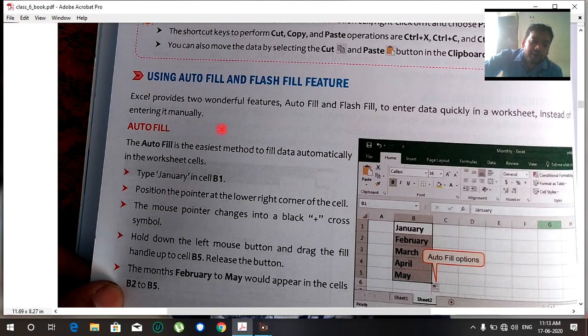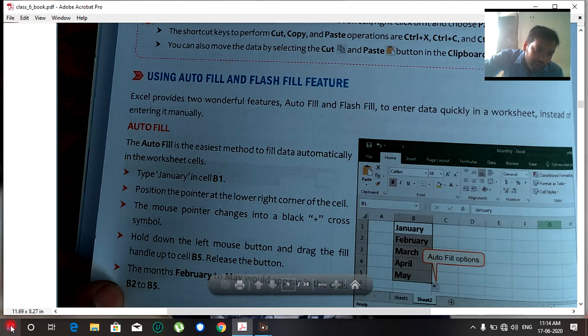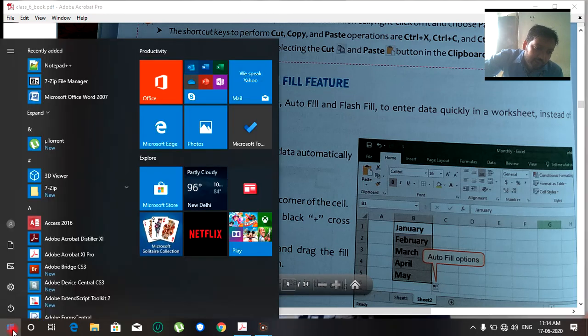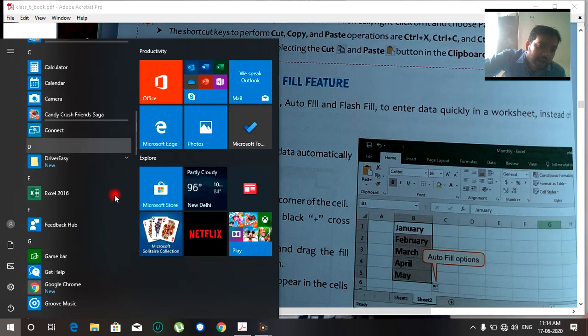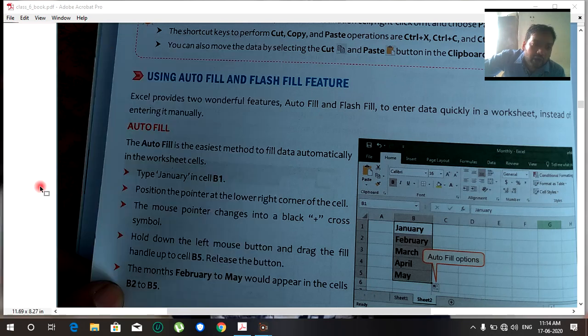Now all of you know how to insert data in MS Excel. How to do the practical? Click on the start button. How to open MS Excel? In the start button, see MS Excel 2016. Here is MS Excel 2016, and we have to click on it.